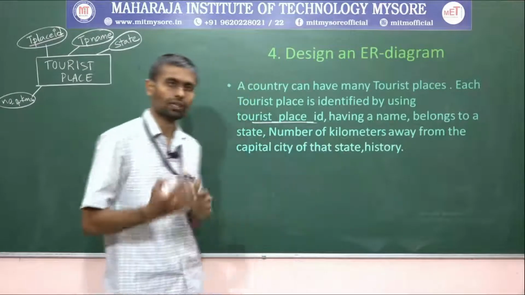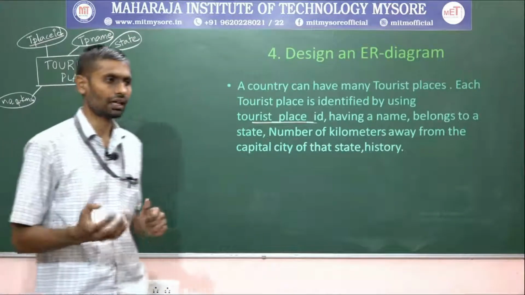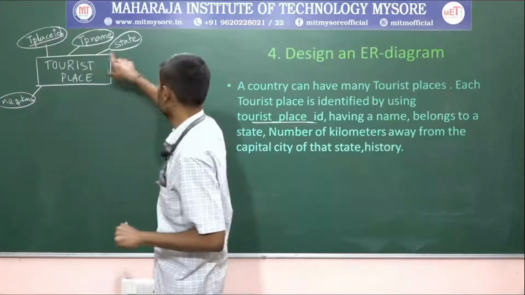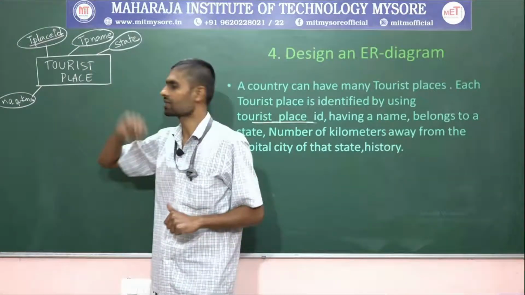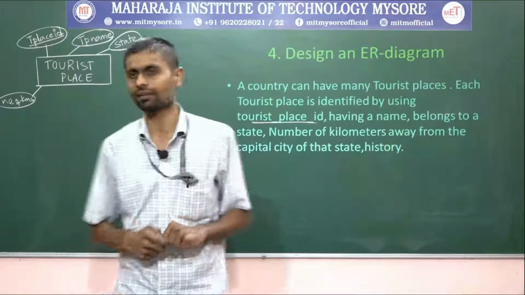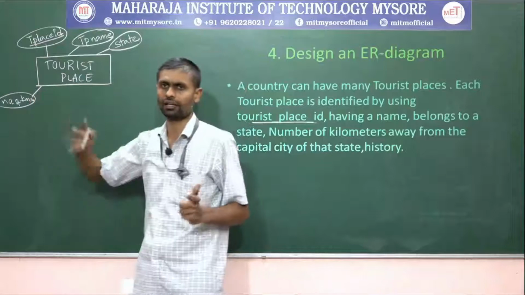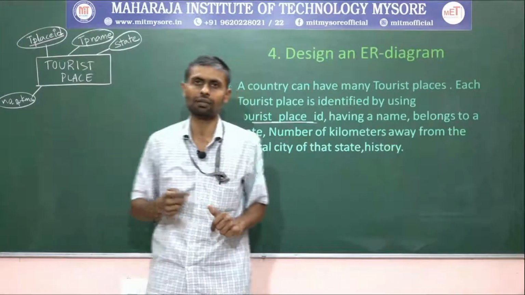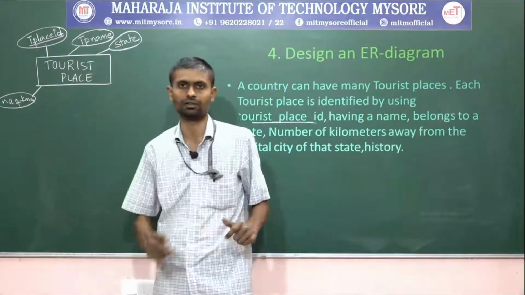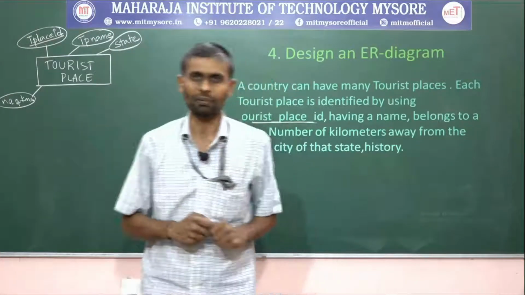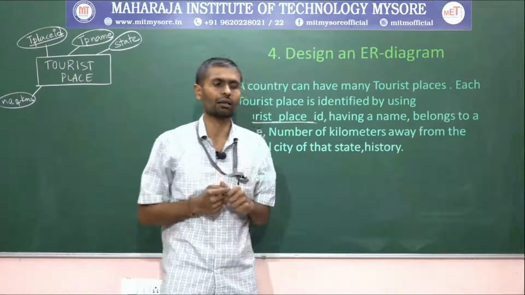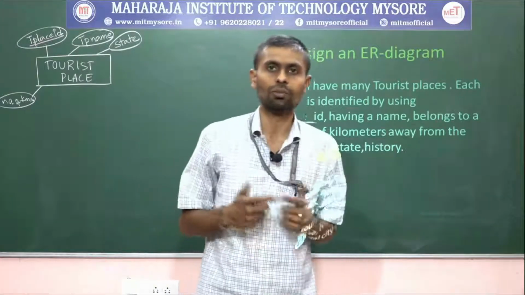A few of my friends will have a confusion that state derives the number of kilometers, so state becomes a stored attribute and number of kilometers becomes a derived attribute. No, guys, because both of them are different data types. For state we will make use of a string, and based on that we definitely cannot derive the number of kilometers. It is just a hint of how to record that number of kilometers, right? So it is based on what?